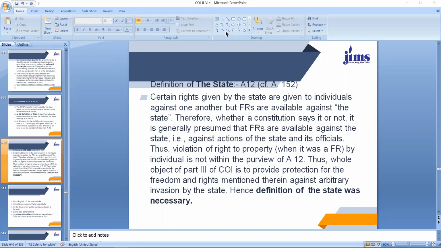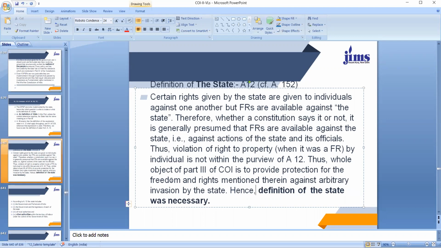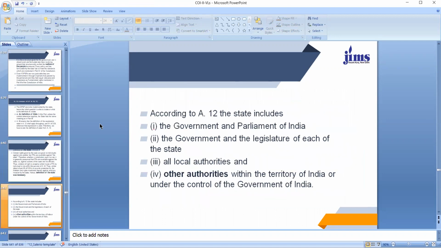Thus, the whole object of Part 3 of the Constitution of India is to provide protection for the freedom and rights mentioned therein against arbitrary invasion by the state. And hence, the definition of state was necessary. It was necessary to define the state because the protection of fundamental rights is available only against state action. So according to Article 12, as I have read just before you, the state includes the government and Parliament